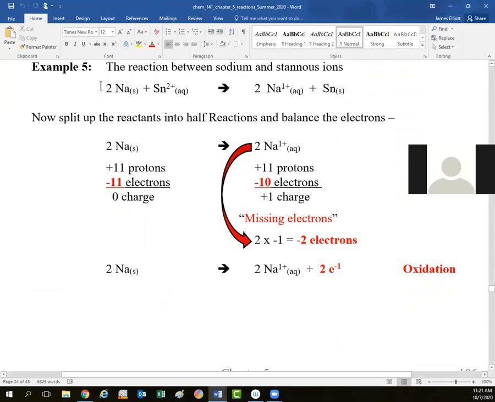So next one, we're talking about the reaction between sodium and tin. We can again break it down into